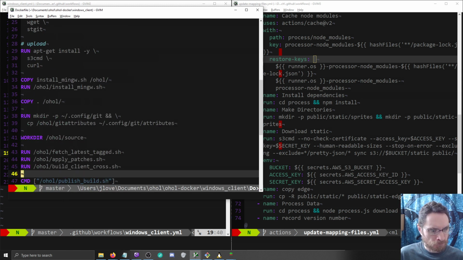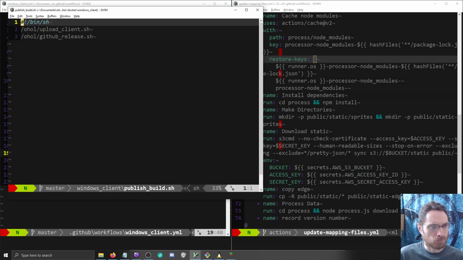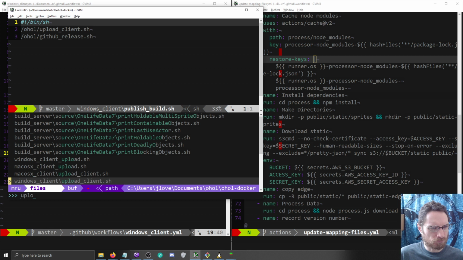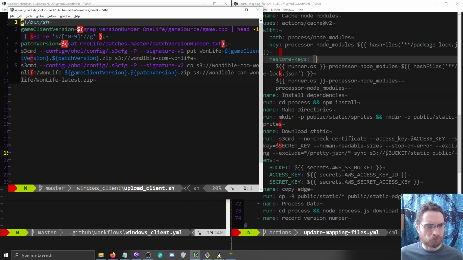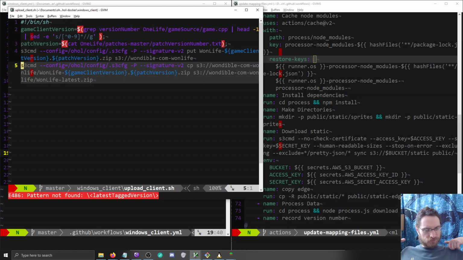Docker file is really only publish. So GitHub release is going to be an entirely different thing. Upload client, we can probably do. Because this is just upload, it's not download. Although, I am doing a copy operation here, which might want for